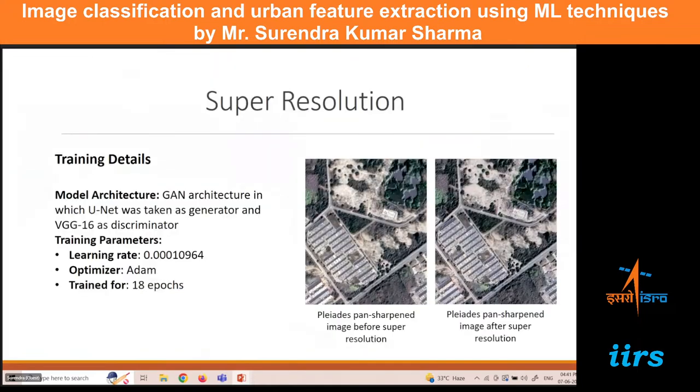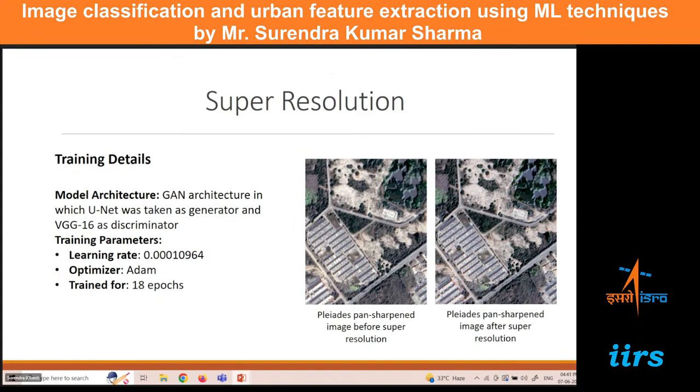Then in the next step, these buildings were extracted on the 2021 image, and the resolution of the 2021 image was 40 centimeters. So we cannot apply the same algorithm onto the other images because they had different resolutions. In order to bring the resolution of those other timeline images to the same level as 2021, we